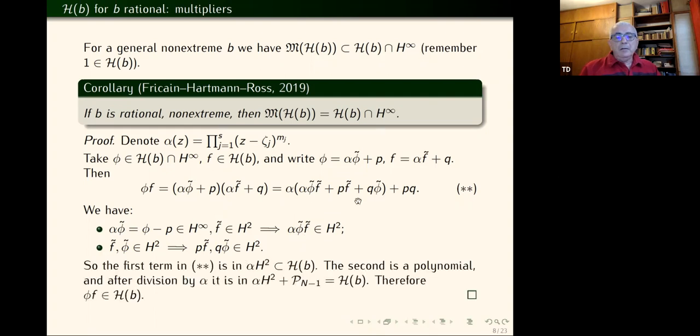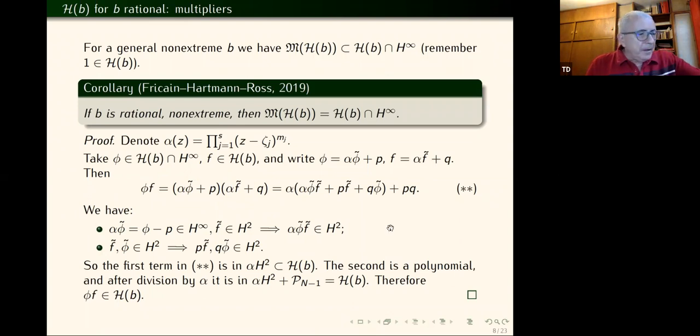And in the end, this means that the first term here is in alpha H2, which is contained in H of B. Now, for the second, it's simple because it's a polynomial. So we make the division by alpha. We have a part that is in alpha H2, in fact, in alpha times polynomials, plus Pn minus 1. And the result is in H of B. Okay, so we also know the multipliers for this example. We know much about this space,